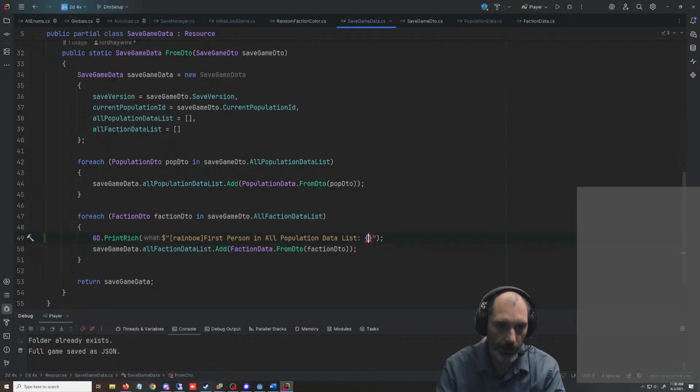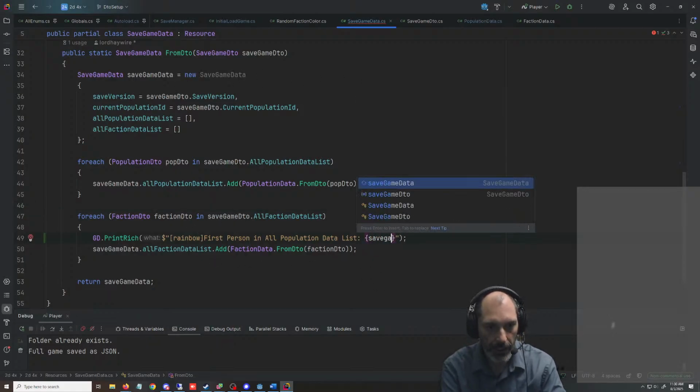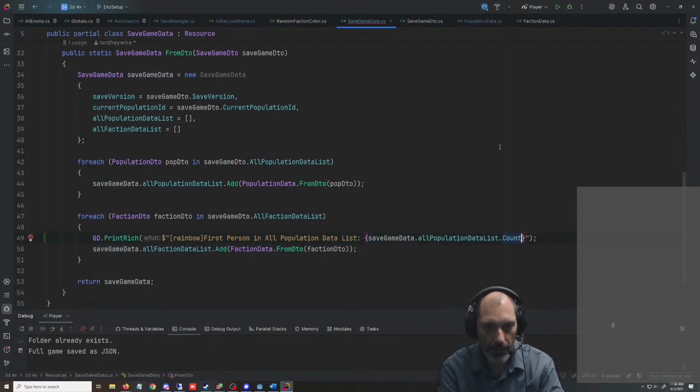And then we'll do a squigs. Not that one. Whatever, I'll type it in. Save game data dot no. I guess we could have done the count. Yeah, we'll just do the count. Count of